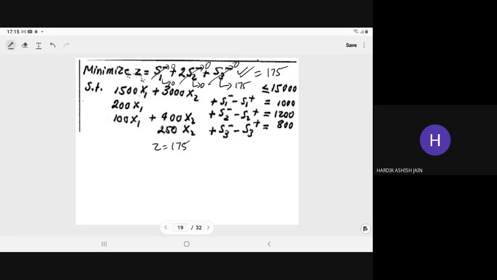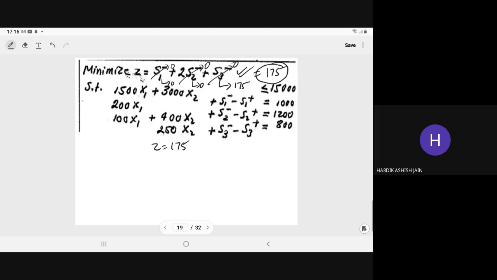But a compromise solution is coming, in that you are not able to achieve the third goal. Means instead of the 800 senior citizens, there are 625 senior citizens. You are lagging by 175 senior citizens. That is the S3 minus. Or you are lagging the goal by 175 viewers of type senior citizen.